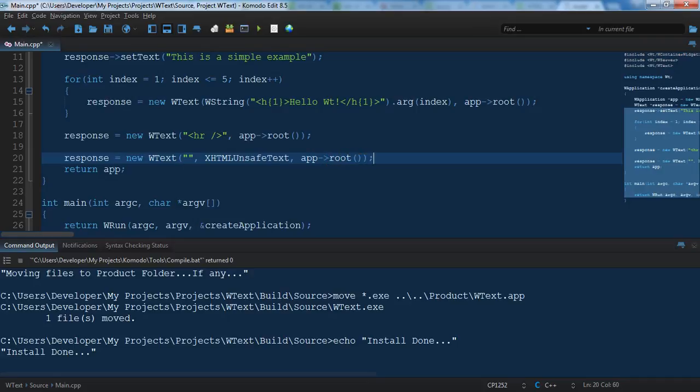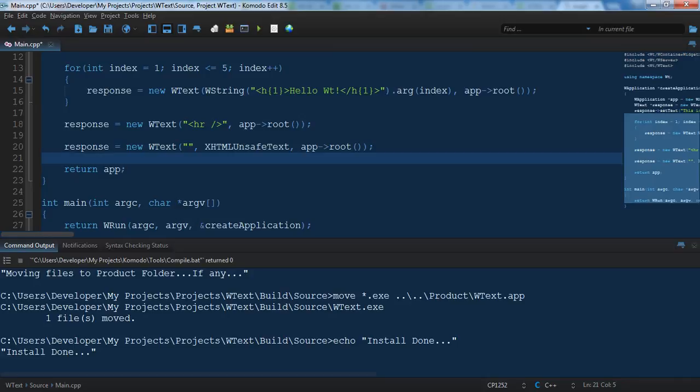We set the parent again. So there's the third constructor. You can actually just set some blank text, set the kind of format. You don't have to do this, and then set the parent. And then I'm going to do some copy and pasting here because this is quite long, but you're going to see what is possible. Now some of this, again, the library is not perfect. I tried to see if I could display all the rows and columns in the table, and it just didn't display for me in Chrome,